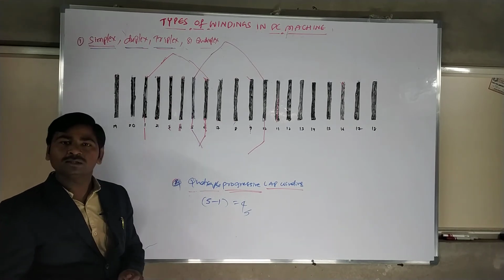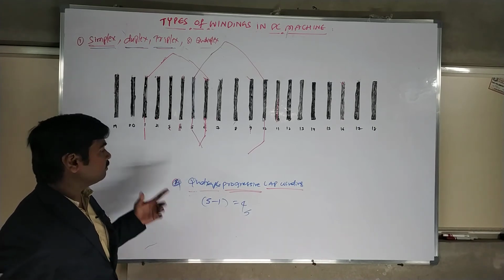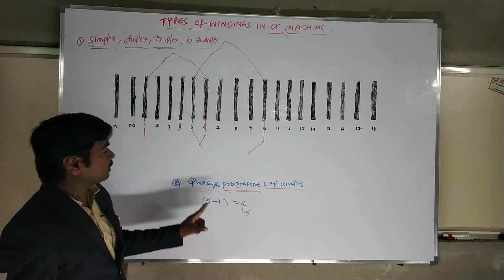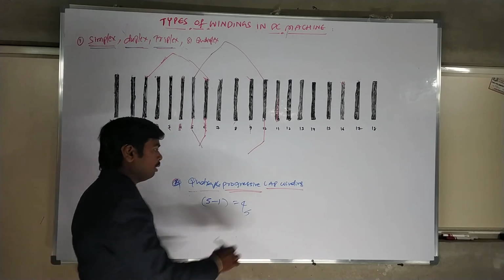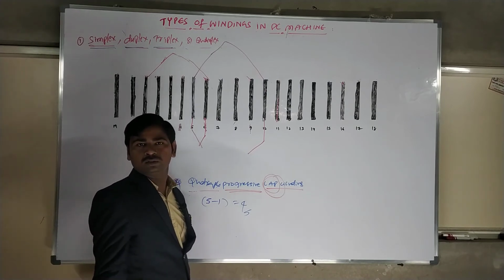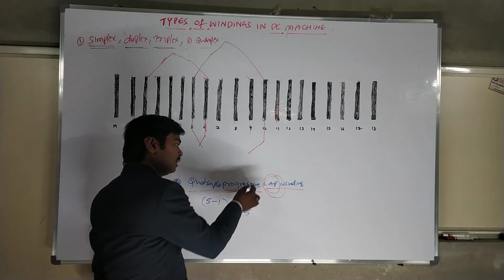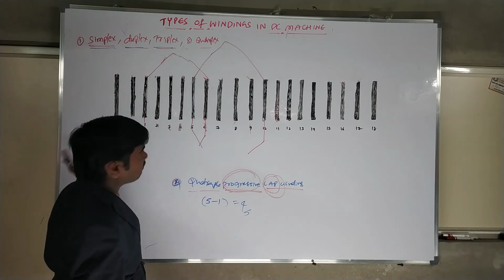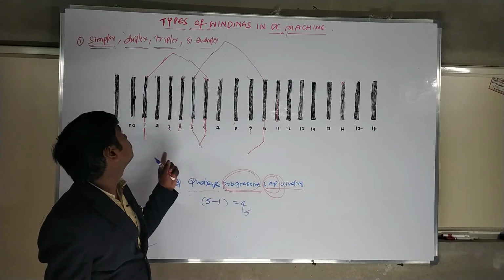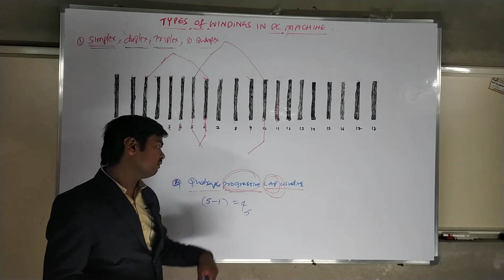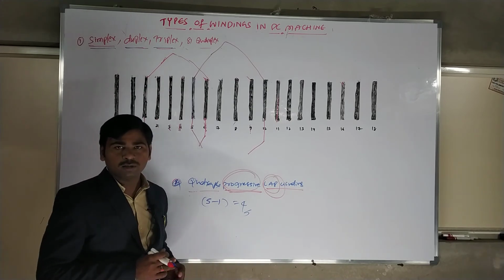If you want to go to 5, 6 slots, you can go in that. For a 4-pole machine, we are giving that. Up to that, we have to understand simplex, duplex, triplex and quadruplex. Here I discussed only lap windings, but it should be possible for wave windings also, the same thing. I told you only progressive, but it should be possible for retrogressive also if you connect in a backward fashion. So this is simplex, duplex, triplex and quadruplex windings, lap winding or wave winding, progressive, retrogressive. I think I made it very clear.